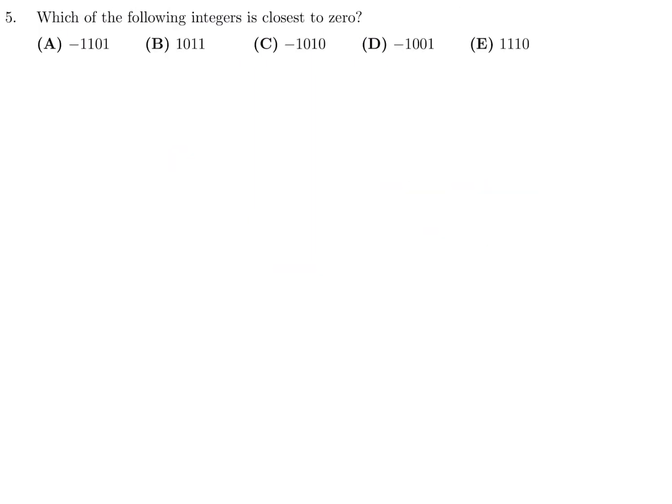Which of the following is closest to 0? We draw a number line, and then on this number line, let's label these with the 0 being right here. Minus 1101, somewhere out here. Minus 1010, a little bit further to the right, and then minus 1001 is here, and then the plus 1110 would be here, and the plus